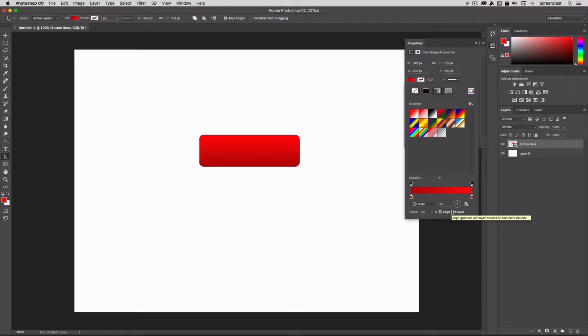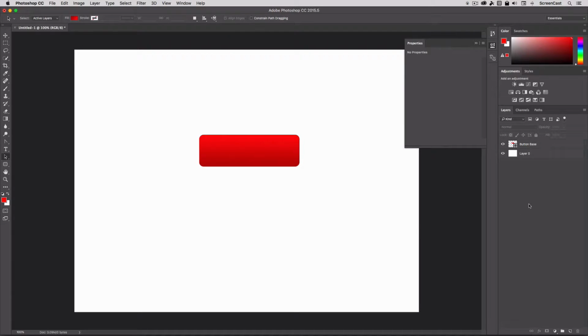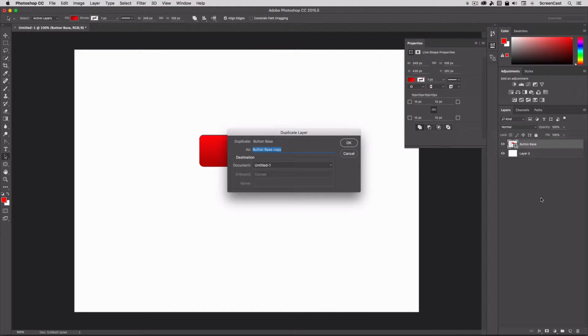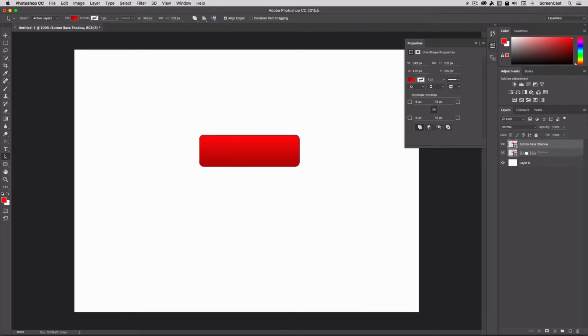And next, let's go ahead and create our button base. We're going to create this button sort of like a 3D button, maybe not the right word, but it's going to maybe look like the spacebar key on your keyboard. It's going to have a little bit of dimension to it. So let's take this button base layer, and we're going to right click it and just say duplicate layer. And we'll call this button base, maybe shadow. So let's place this one underneath. So I'm going to drag it underneath the button base. And then on this layer, I'm going to just move it straight down. So I hit V to get my move tool, and I'm just going to use my arrow keys and